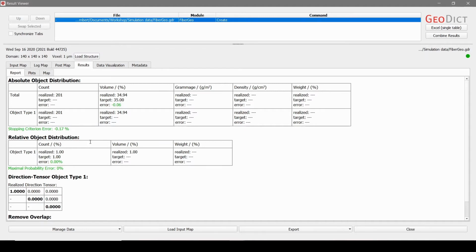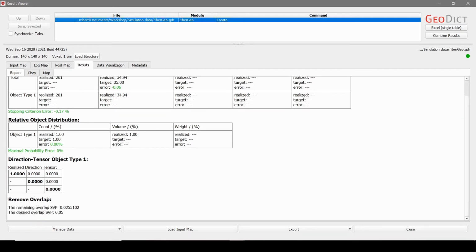For example, you can see that the orientation tensor is 1, 0, 0. That means that all fibers are oriented in X direction. And you can see which overlap you wanted to have or you allowed, and that was 0.05. And you can see that Geodict achieved an overlap of even 0.025, so it's even better than we defined.